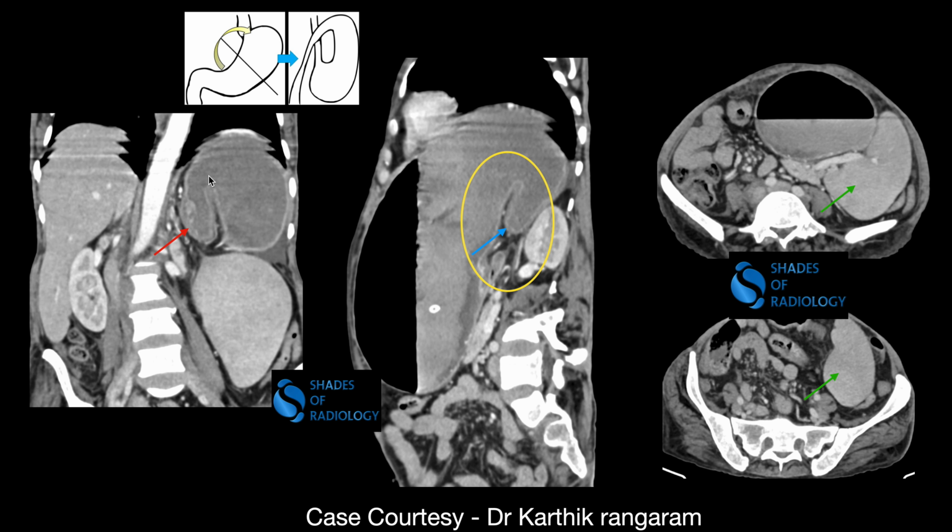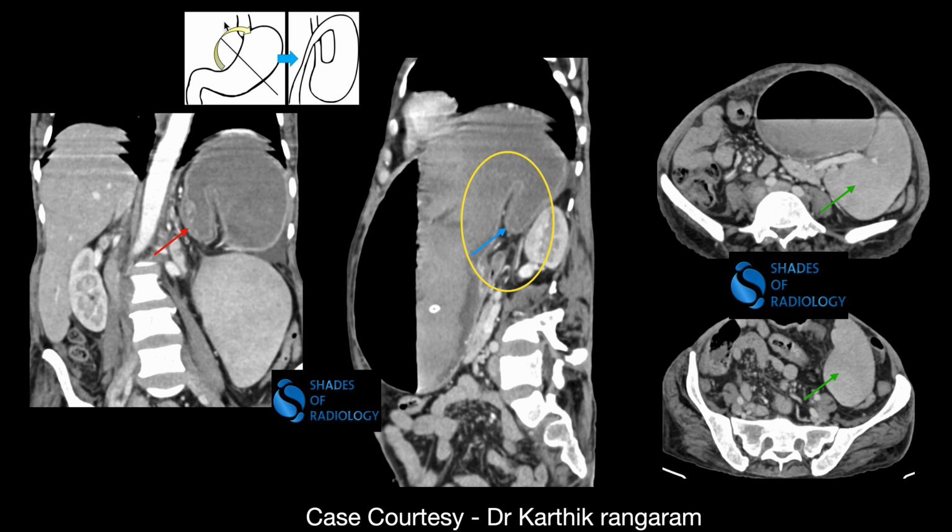Coming to the coronal plane, you can see this is the pylorus of the stomach, this is the antrum, and this is the fundus. So this is what happened. You can see clearly the fundus of the stomach, antrum and pyloric region of the stomach going above instead of being located below. So this is a classic case of stomach volvulus, that is, gastric volvulus, which is of two types.